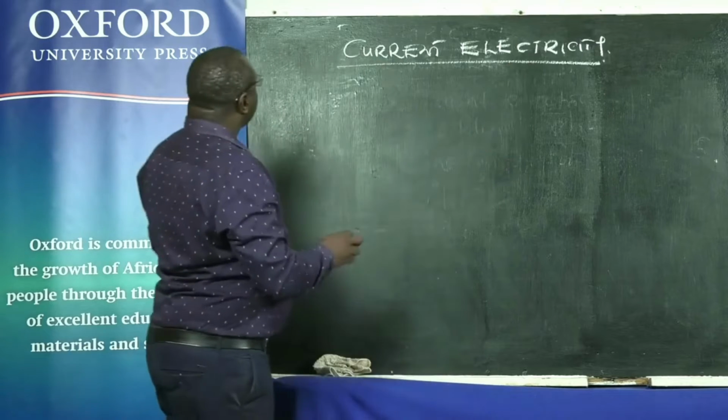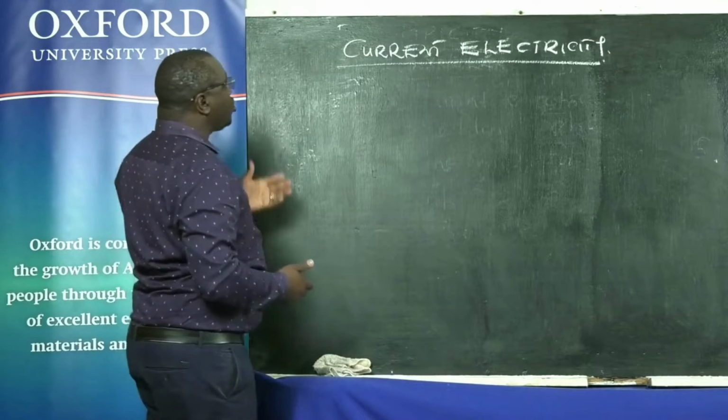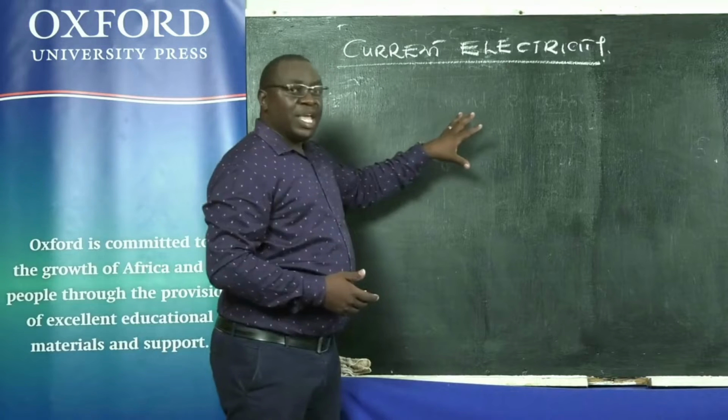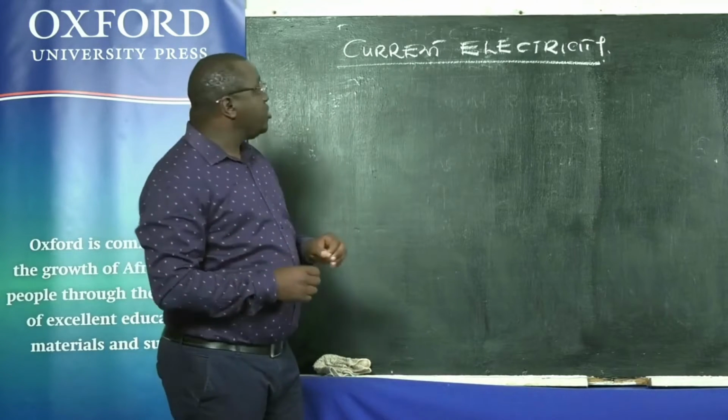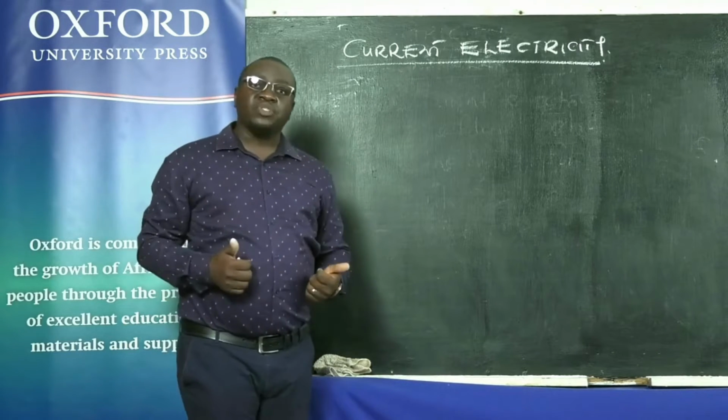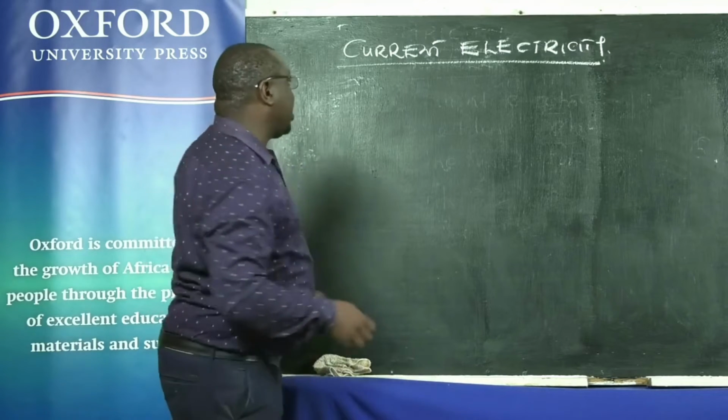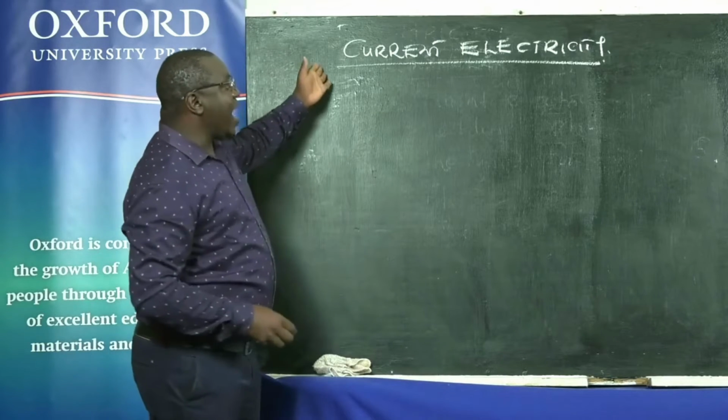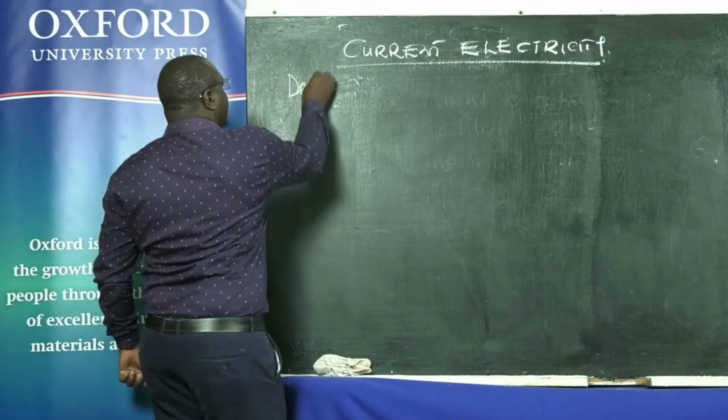To start this lesson, we'll look at the keywords that define the most important concepts, and thereafter we're going to get into the nitty-gritty of the lesson. So we'll start by defining an electric current. The definition: